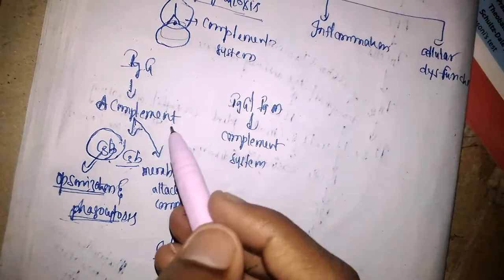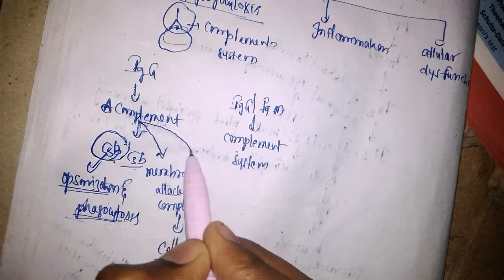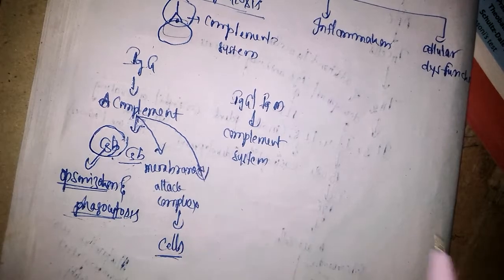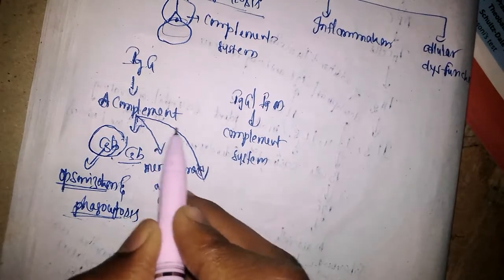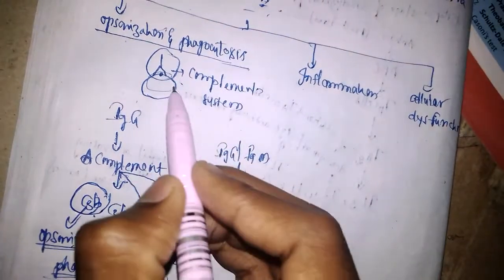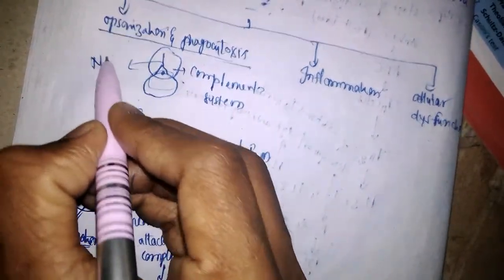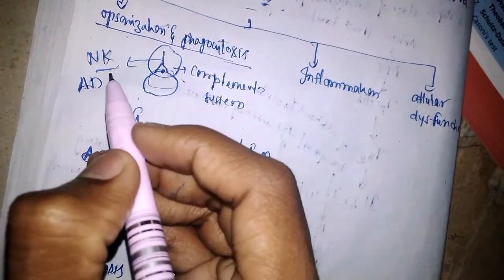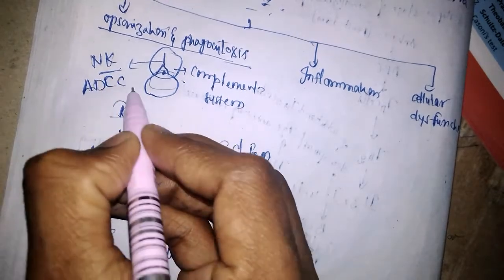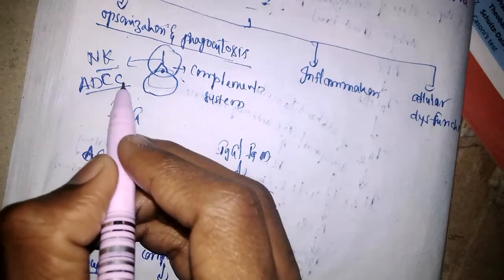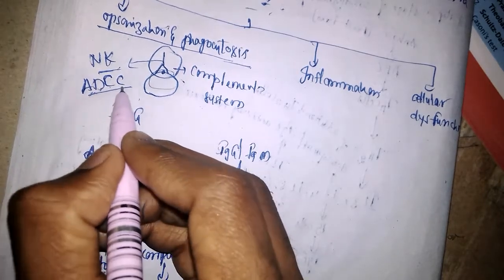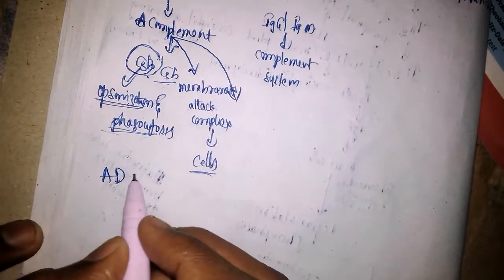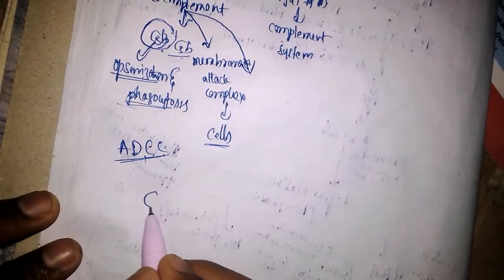Or otherwise, sometimes even the complement system is not needed. These antibodies will activate NK cells, natural killer cells. By what? By antibody dependent cell mediated cytotoxicity. Okay. What happens here, in antibody dependent cell mediated cytotoxicity, suppose this is a cell,